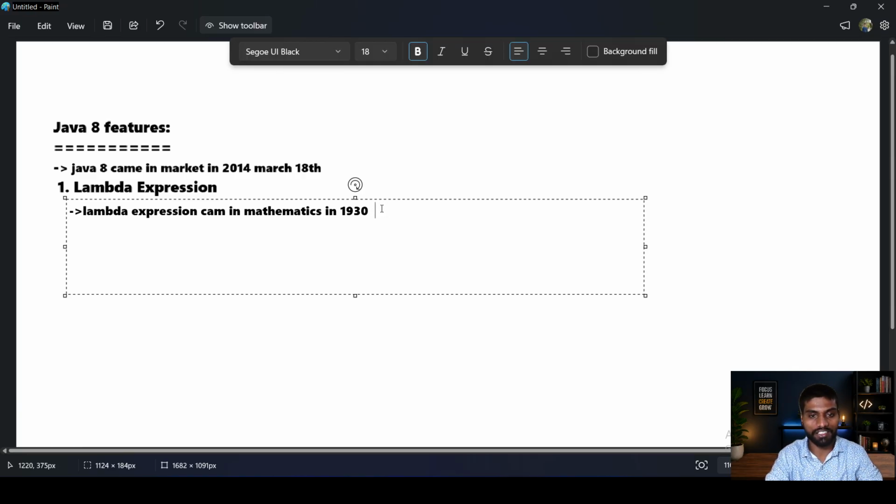Lambda expression was launched by Alonzo Church in the 1930s. Okay, it is a big change in mathematics.